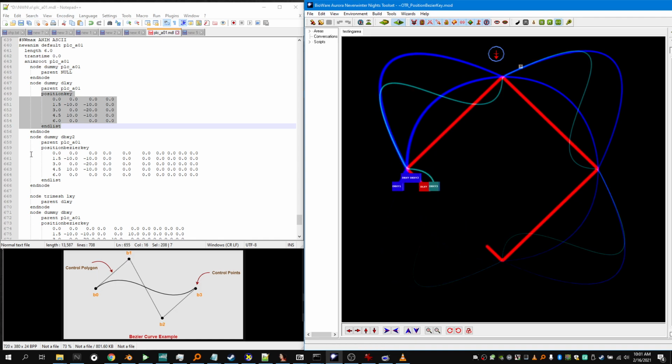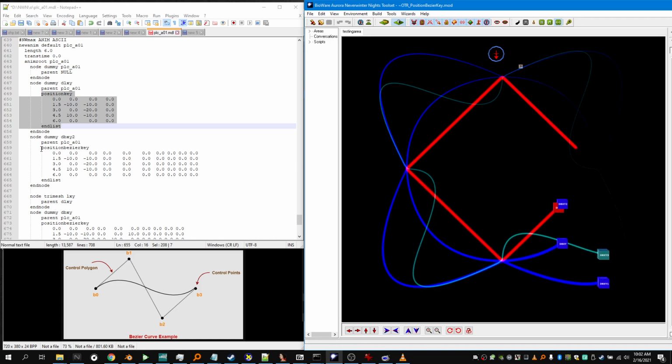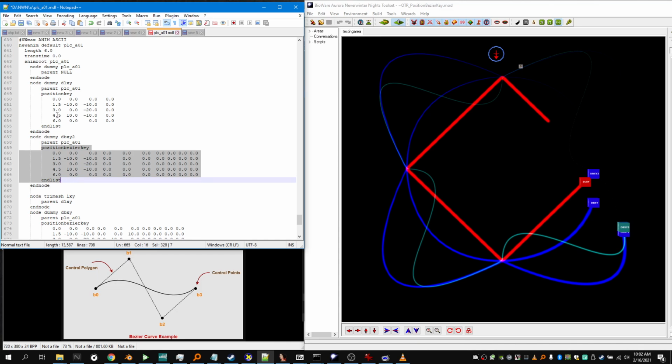For the Bezier key, you'll see that it has exactly the same information as the linear key in each of the columns. The only difference is it has additional columns. It has 6 additional columns. And whereas linear keys only need to describe point A to point B,